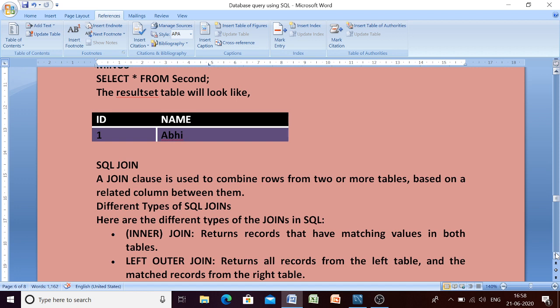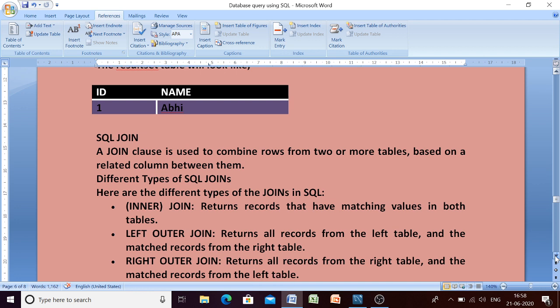But here, before joining, the condition is what, beta? The joining of 2 or more tables is based on a common column. So basically it is a method of linking one table with another table. We are going to discuss 4 types of joins here, and the first one is inner join.